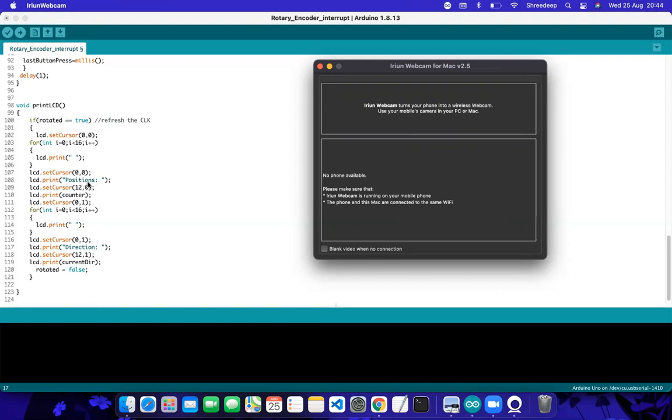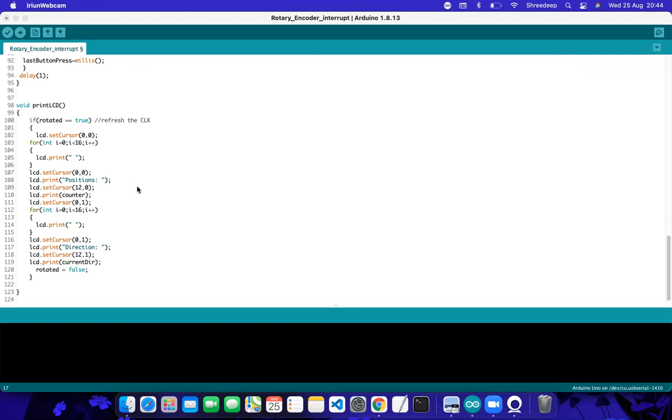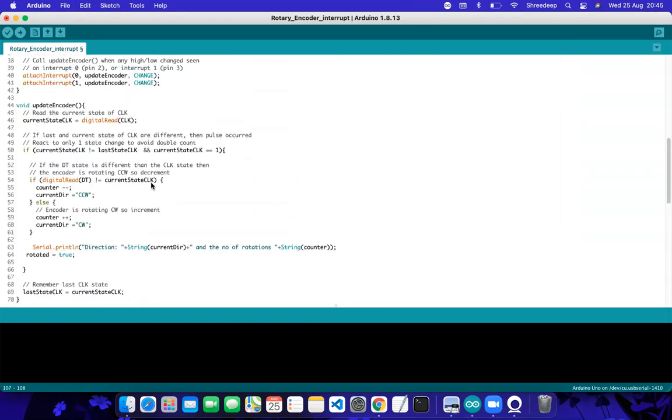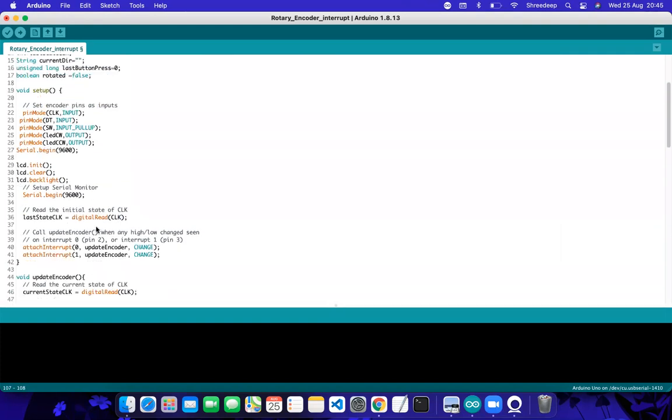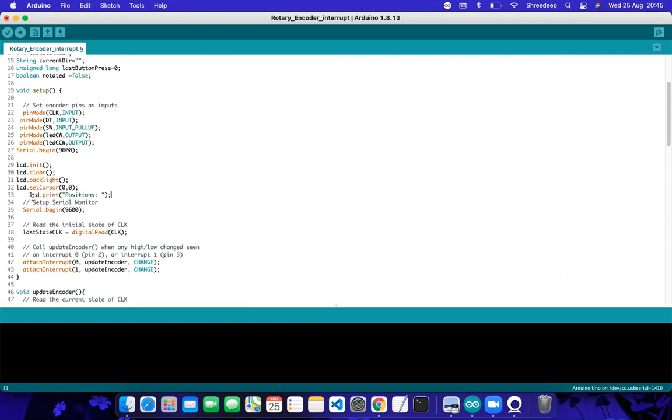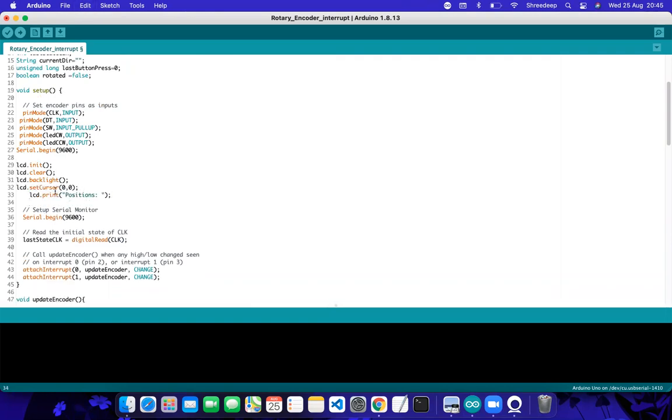We can omit the position function. How do we disable that updating? You don't need to write the position every time. You write the LCD position once in a while, for example, because the position does not change. So you just copy it over there and put it in void setup, once the backlight is on, and just put it right there.